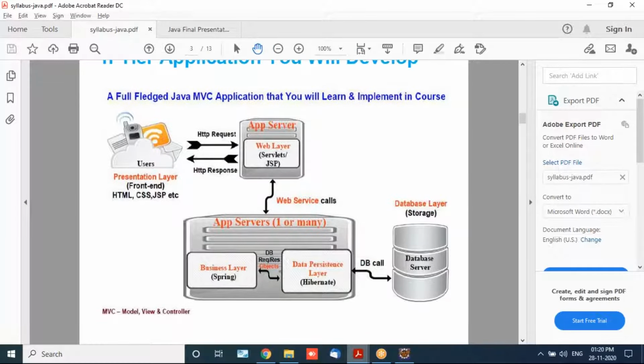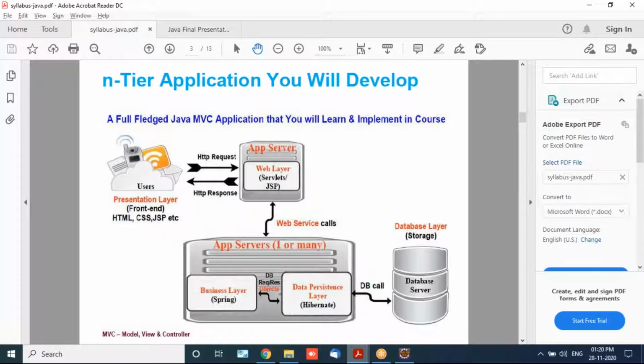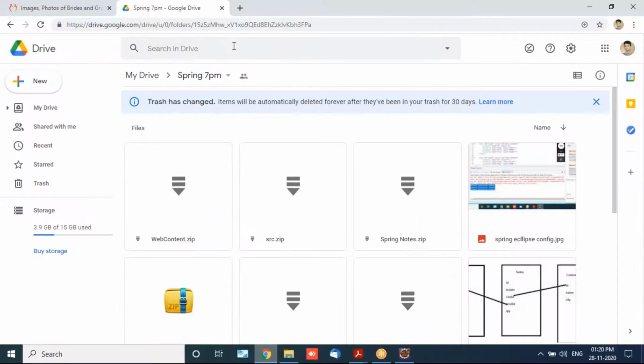And we have a dedicated HR team. Once your course is approximately 95% complete, your placement process begins. For that you can contact the HR directly. Your HR's email ID and number will be shared. They will help you in forwarding your CVs to our tie-up companies. You can also see some of the list of our tie-up companies on the website.